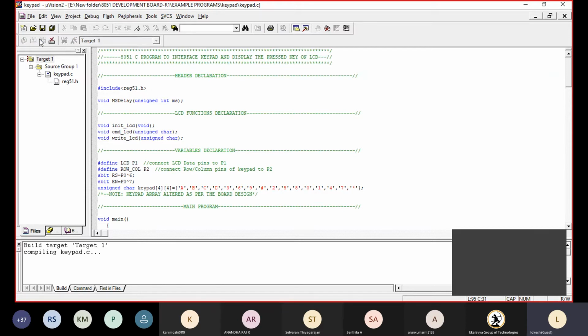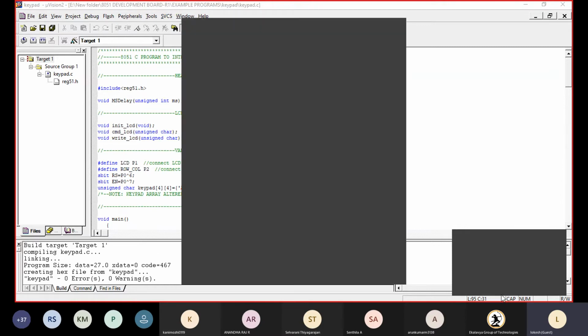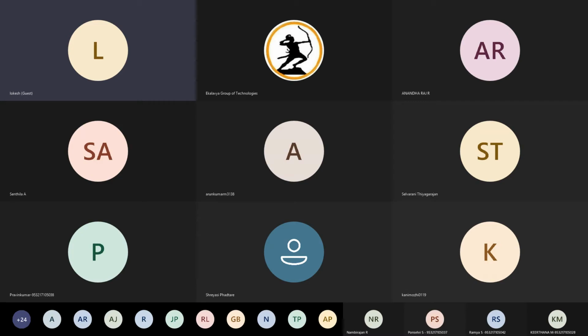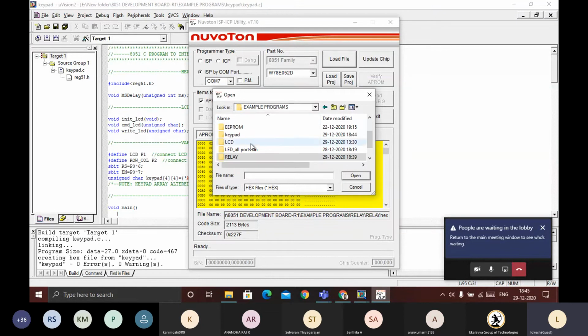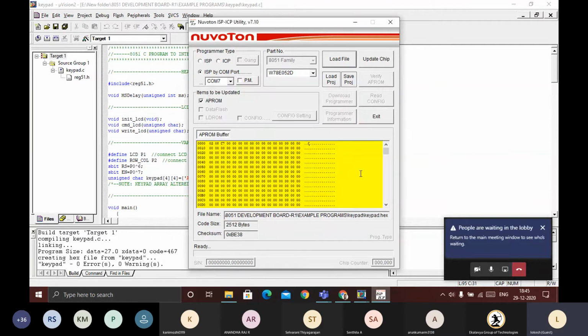If you rebuild this and load the program, which is called keypad, update the chip.